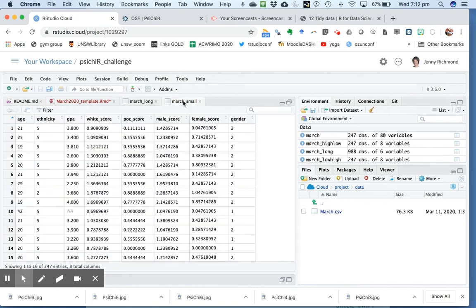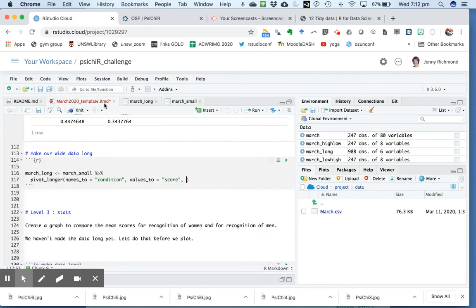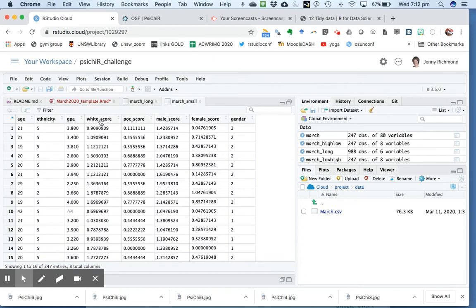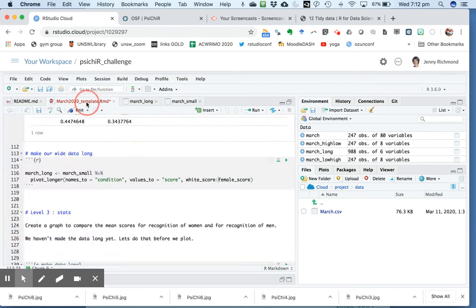So if we look at our March small data, we actually want these 4 columns: white score, POC score, male score, and female score. And you can tell it a range of columns using the colon. So I want from white score through to female score, right? And so if we run that line of code